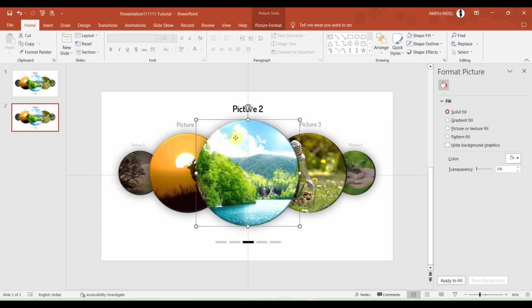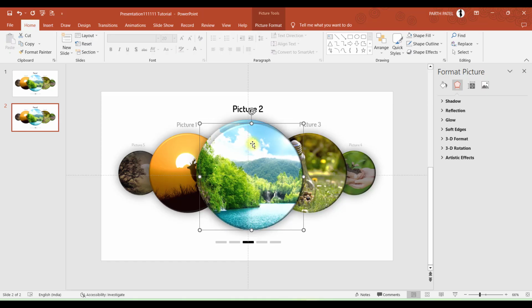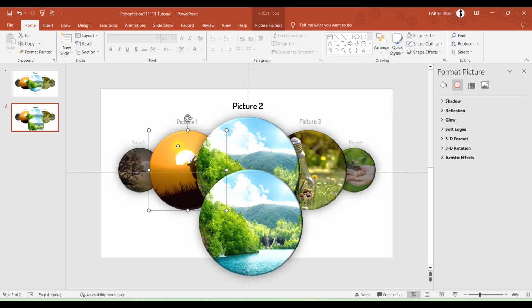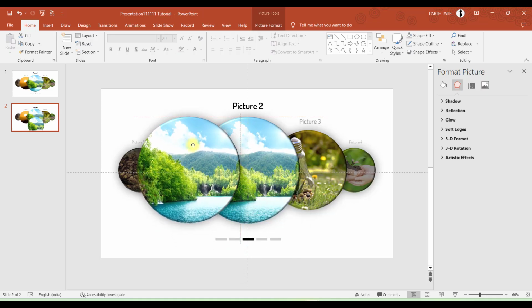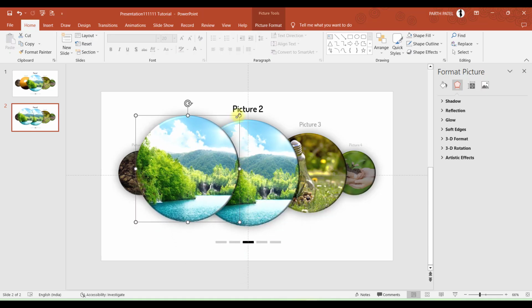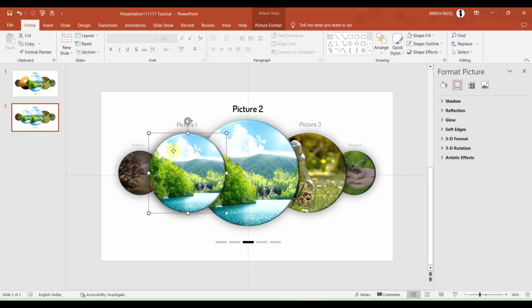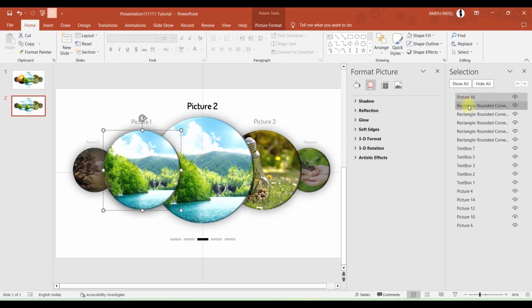Yes, swapping the images. So I'll press Ctrl D for this one. Now I need this image in place of this. So I'll go to this, hover over this image, press Ctrl Shift and then slide it down until it becomes the size we want. And now I'll go to the selection tab. I'll select picture 14